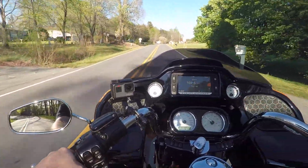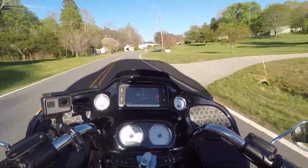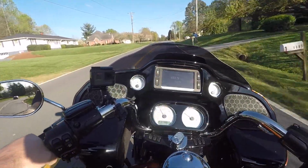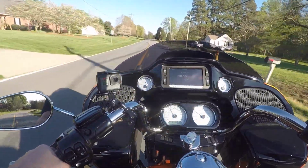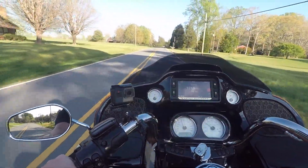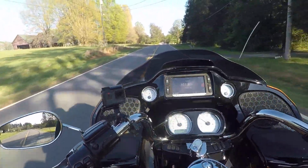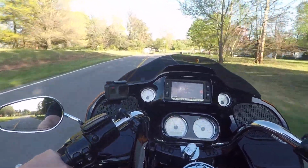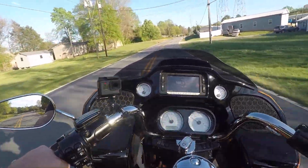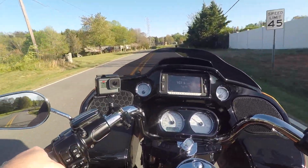And so my biggest concern was the wife, she gets a lot of air on the back of the seat, so I was trying to find a windshield that was comparable, that I could get less wind, she could get less wind. And she still admits that she still gets a good amount of wind, but we haven't been riding really a lot when it's warm, and for some reason your body detects different temperatures differently. So on certain parts of your body, cold wind, even if you're not getting a lot of it, feels like you're getting more of it than warm wind or hot wind. So I feel like once it gets warmer, she'll definitely know the difference between the two windshields,